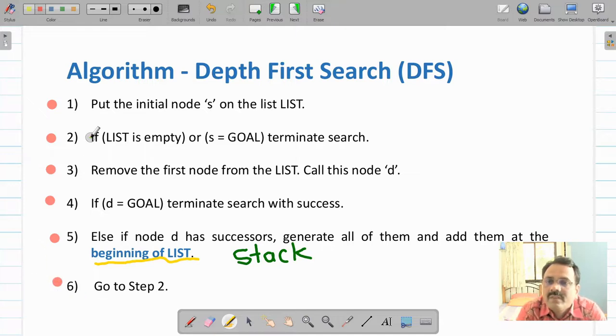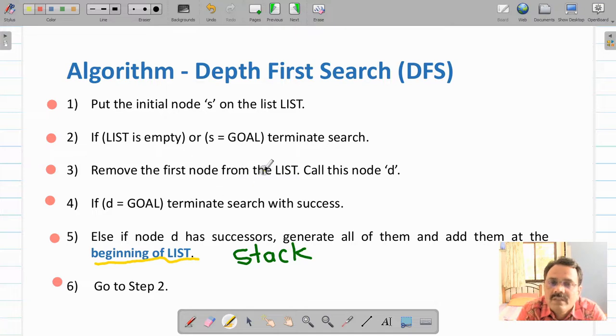In this step, again you are checking whether the list is empty, or otherwise if the goal is found, S is your goal, then you terminate the search. Sometimes there might be a case that your starting node S itself is a goal, or a solution may not be present. In both cases the algorithm will terminate.